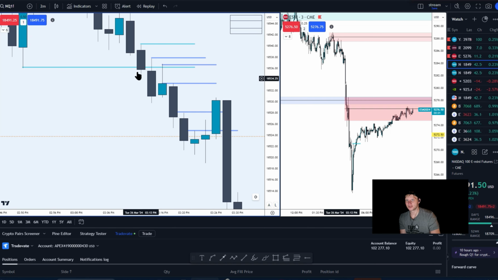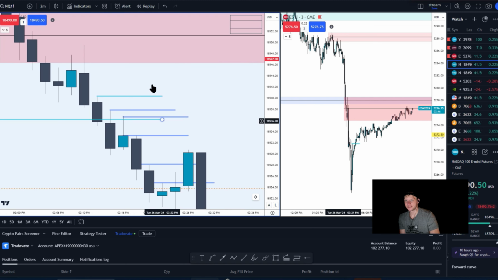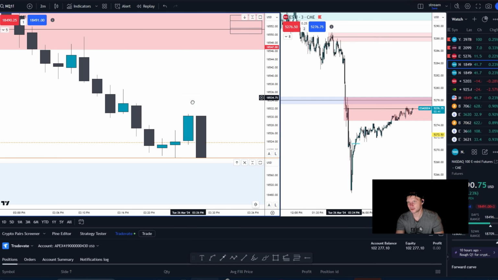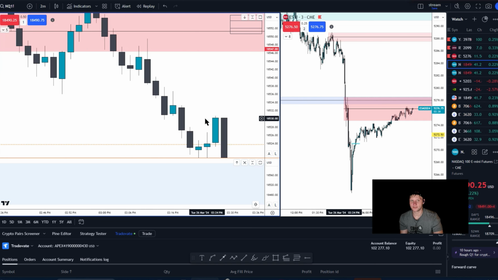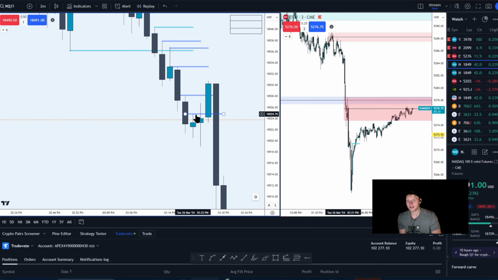So how many extra points did I get? I got an extra 10 points. And how many points did I give up from the low to the top? 2 points. That's a huge, huge difference, right? I gained an extra 10 points per contract. That's 200 bucks, while also limiting how much I gave back with the trailing drawdown. This is a huge, huge thing.